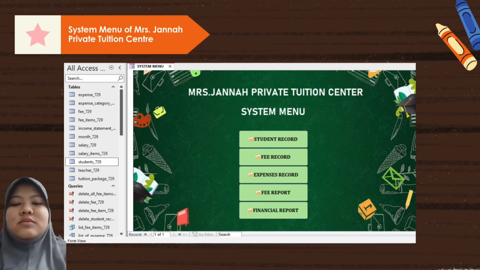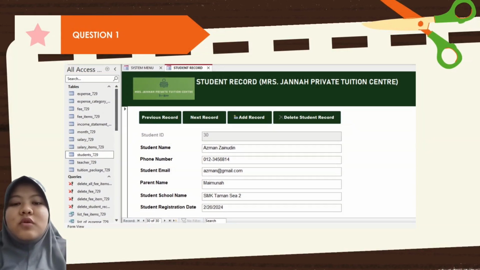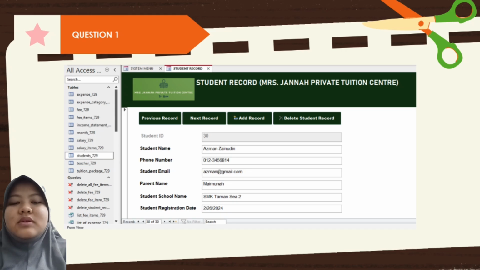When opening the Microsoft Access Puan Jannah Private Tuition Center Business Information System, the manual system form opens by default. Then we can click a button to create, such as the fee record button to open the fee record form. After that, to explain the opening function of each button in the system menu from AINA, based on question 1,